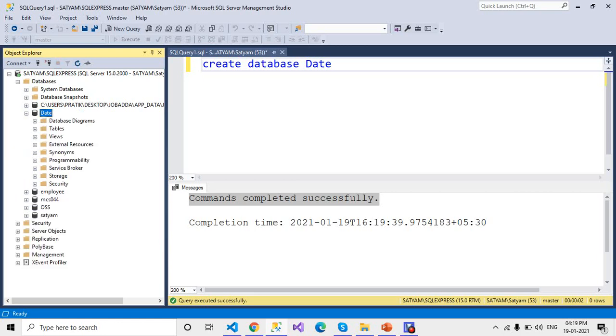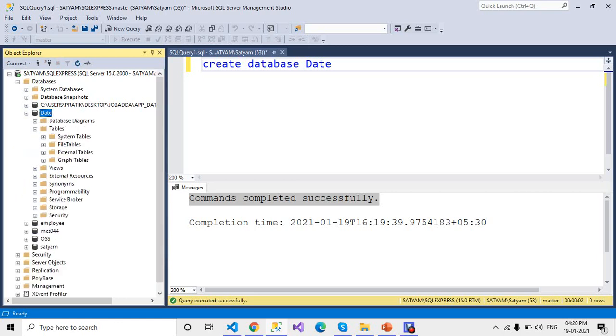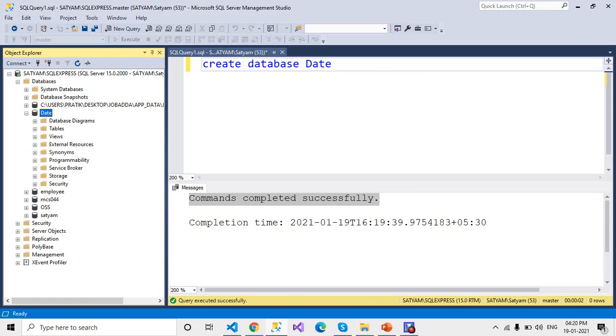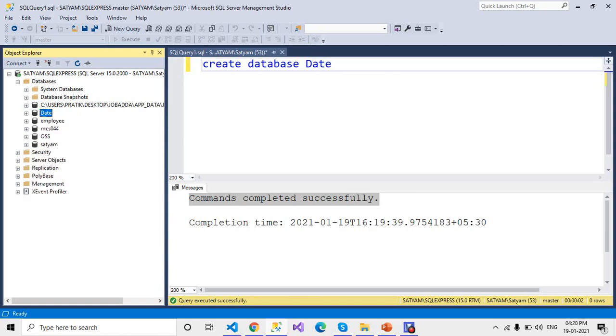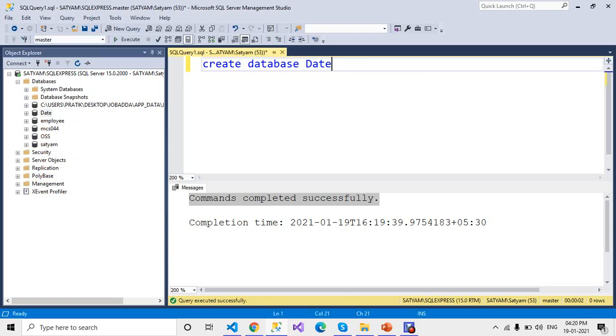In the database you would create tables, stored procedures, views, and some more functionality. But this is a demo video only for backing up and restoring the database. At that time you can share your backup file with another device and another SQL Server. It is valid there also. So how do you create the backup file? It's a very easy command.